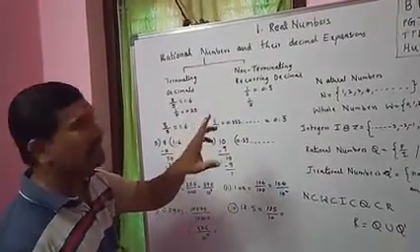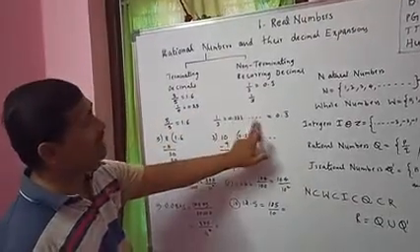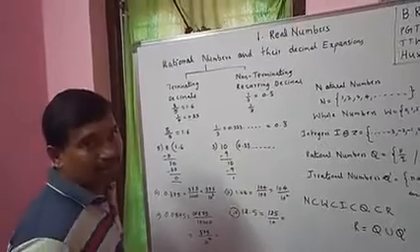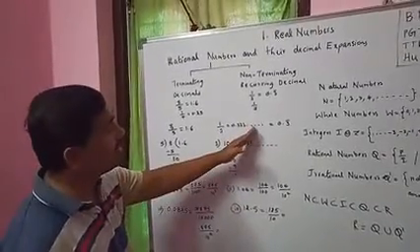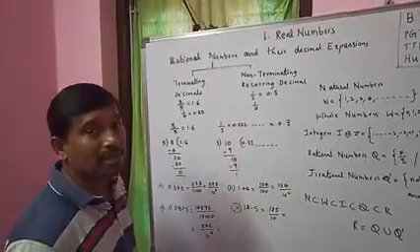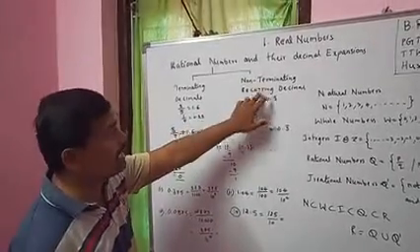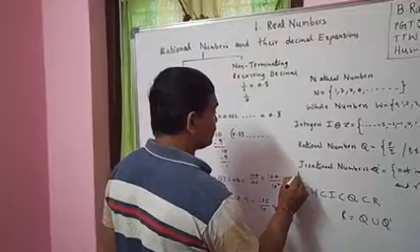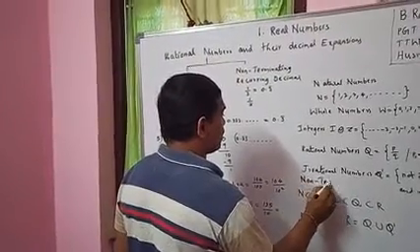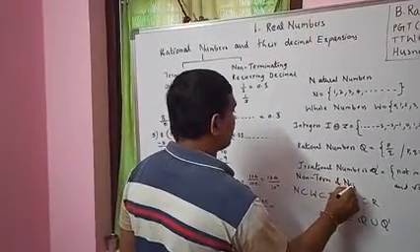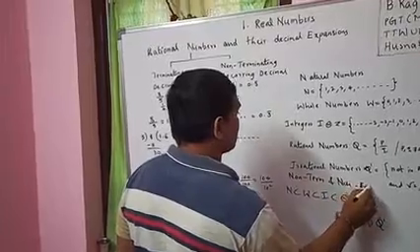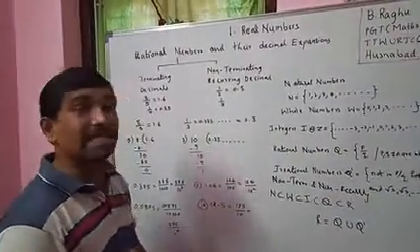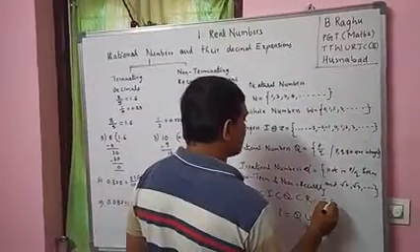If you have any doubt, ask. Non-terminating means no end point. Recurring means repeating. Some decimals are not repeated. These are repeated decimals, but some may not repeat. Non-terminating, non-recurring. Those decimals are called irrational numbers. For example, if you take